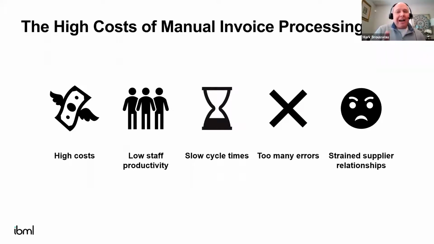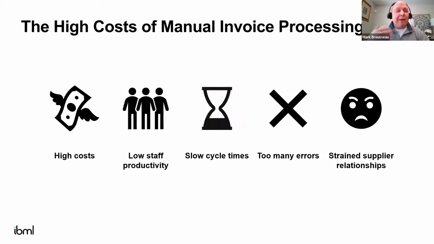So now a highly automated AP department is able to approve invoices in less than 1/4 of the time of their peers with little or no automation. Now you might say, hey, Mark, what does that have to do with costs? Well, when you can approve invoices faster, you avoid late payment penalties, you capture more early payment discounts, you get fewer phone calls from your suppliers about where things stand in the process, and you can better forecast your cash.